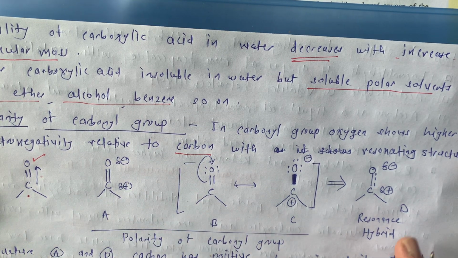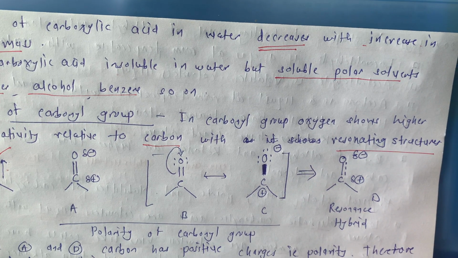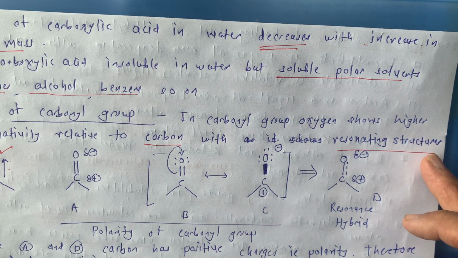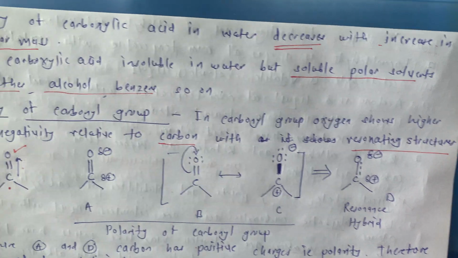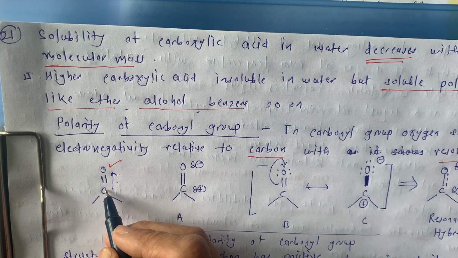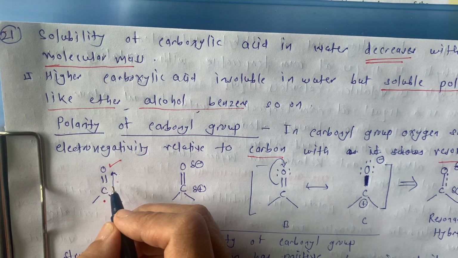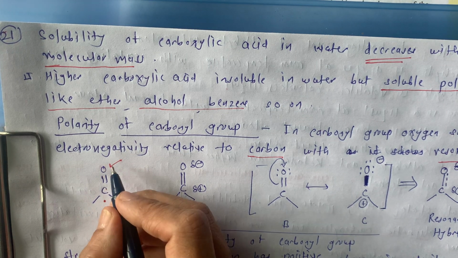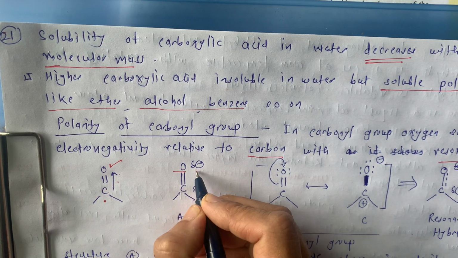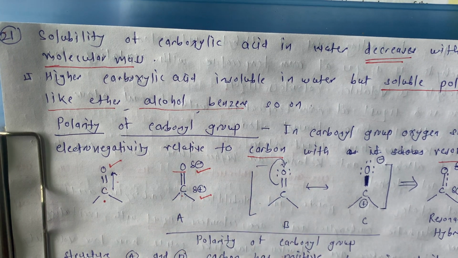Okay. Now we can understand this with the resonating structures. We know resonance, we know resonating structures. We studied them in 11th standard as well as in 12th standard, in aromatic compounds. See now, this is our carbonyl compound. Here there is a double bond between C and O. The carbonyl oxygen is going to pull the electrons from this carbon in this way. And that's why this carbonyl oxygen has a partial negative charge while this carbon has a partial positive charge.